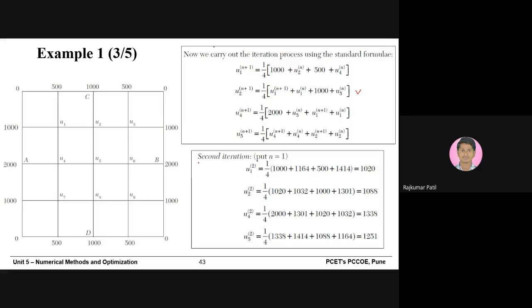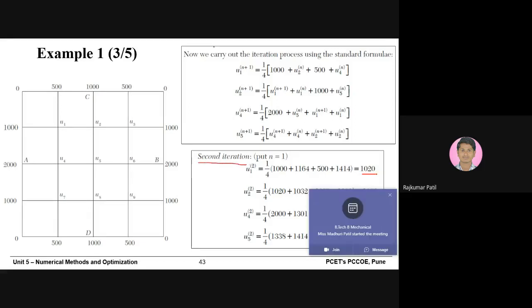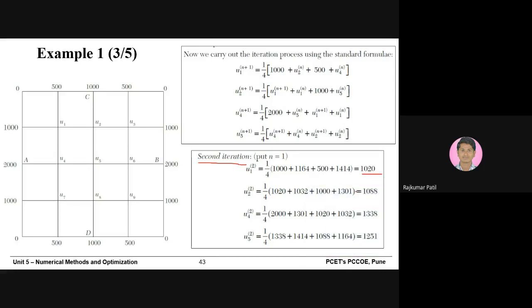As per the formula, you just calculate U1 raised to 2, U2 raised to 2, U4 raised to 2 and U5 raised to 2. Then what you need to do is compare the values of the second iteration with the first iteration